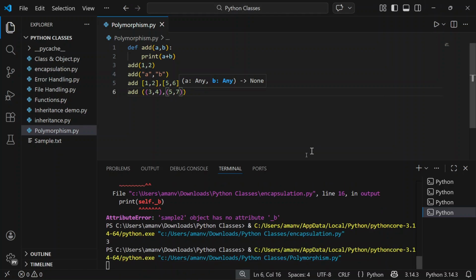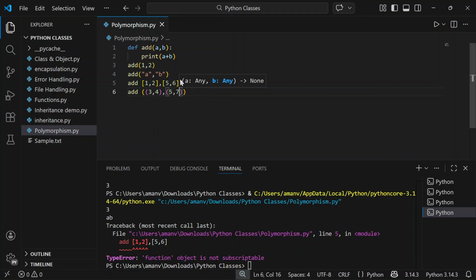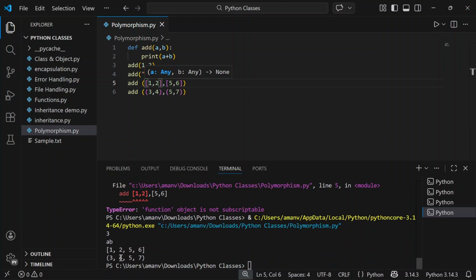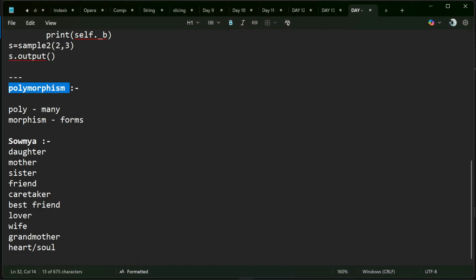Now let's try to execute this. We got an error because they have to be in brackets. Now let's print this. If you see, 1 comma 2, where we can use 1 plus 2, that is going to add. And next A plus B got added, and the two lists were added, and two tuples were also added. This is about polymorphism. And the last one, for your information, is